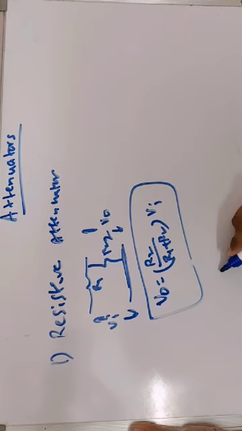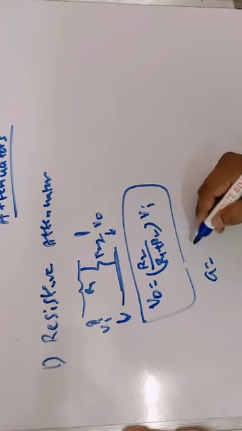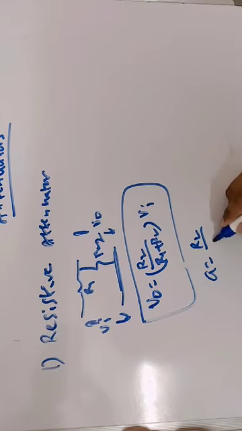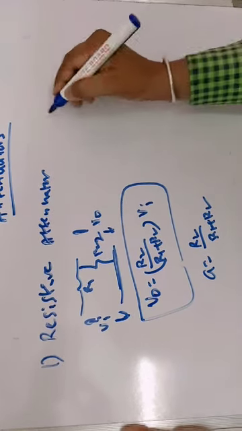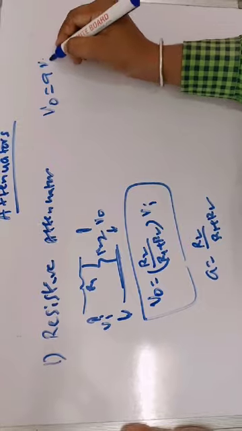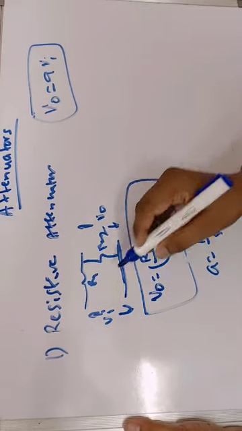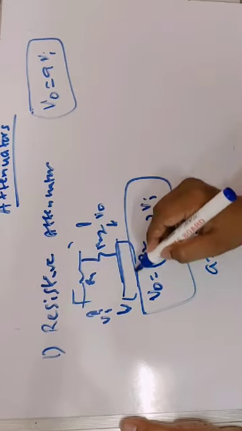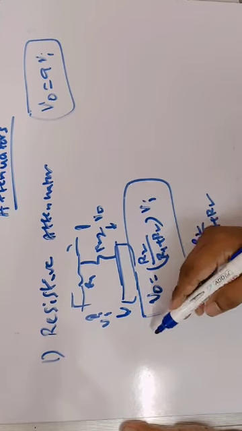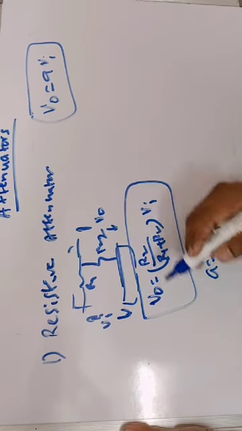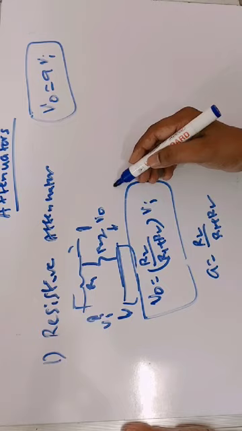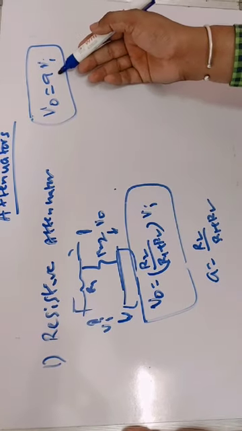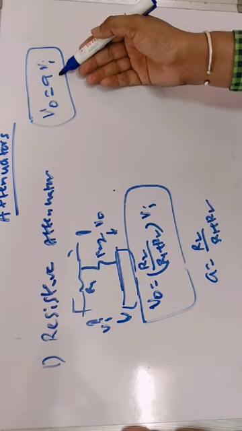This is called the attenuation constant A. The proportionality constant is R2 divided by R1 plus R2, so V0 can be written as A times Vi. This particular circuit is frequency independent. Whatever frequency signal we apply, from 0 to infinity, the amount of attenuation produced is always by a factor of R2 divided by R1 plus R2.